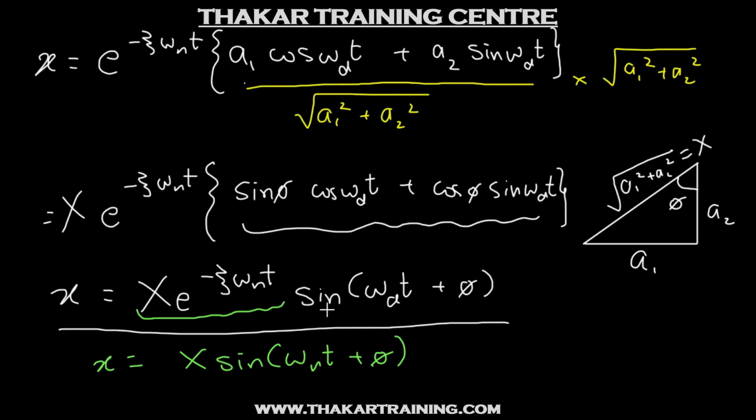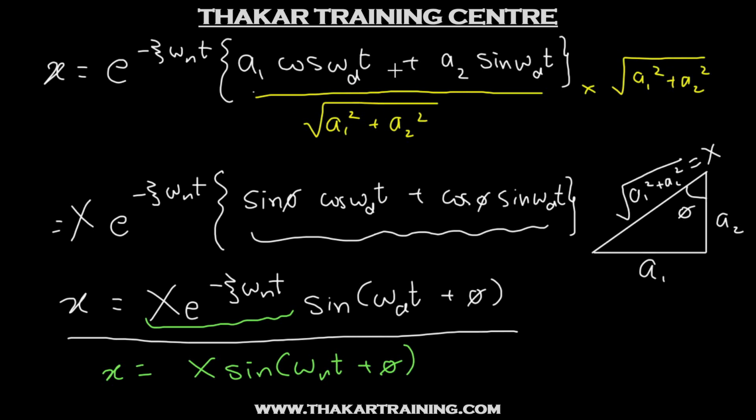And then this tells us that it is an oscillating motion with the amplitude which decays exponentially. And the frequency of oscillation will be omega d. So this is how the solution of single degree of freedom free damped system is obtained. I hope you have followed what is the mathematics involved and what that mathematics is meaning physically.